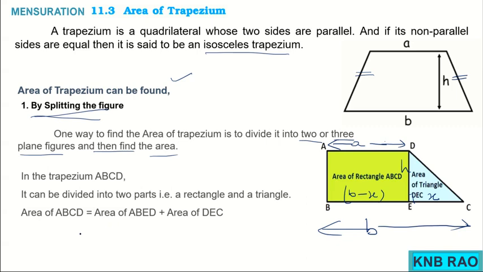That means it is A into H. And if I want to find the area of the triangle, half into